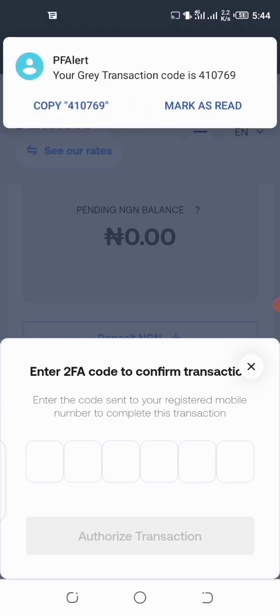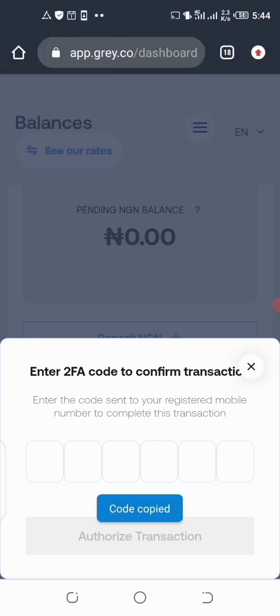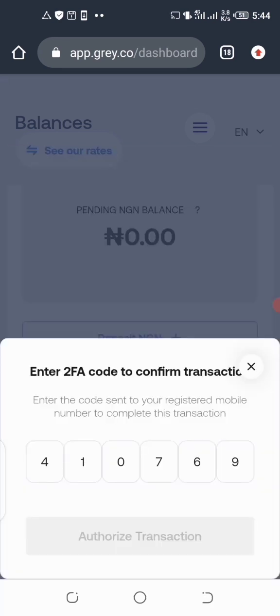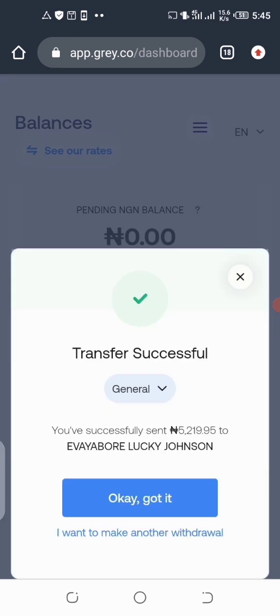Okay, so Gray is going to send me a code right now which they've sent. So I actually activated a two-factor authentication code so that my withdrawal can be very secure. So authorized transaction. So wait for this to load. All right, so it says transfer successful. Okay, you've successfully sent 5,219 naira 95 kobo to, that's my name right there, then that's to my GT Bank